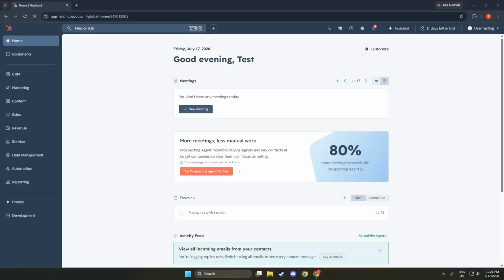In today's video, I'm going to teach you how to find Record ID in HubSpot. First, you need to log into HubSpot. This is the gateway to accessing all the features and functionalities within the platform. You will see the login page where you enter your credentials. Input your email address and password, then click the Login button.